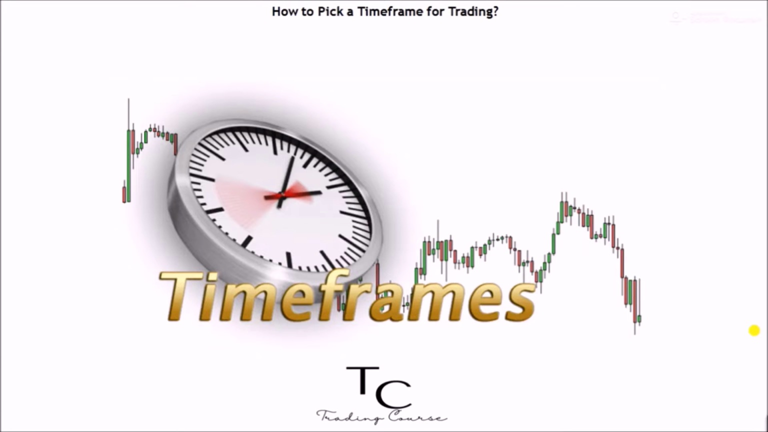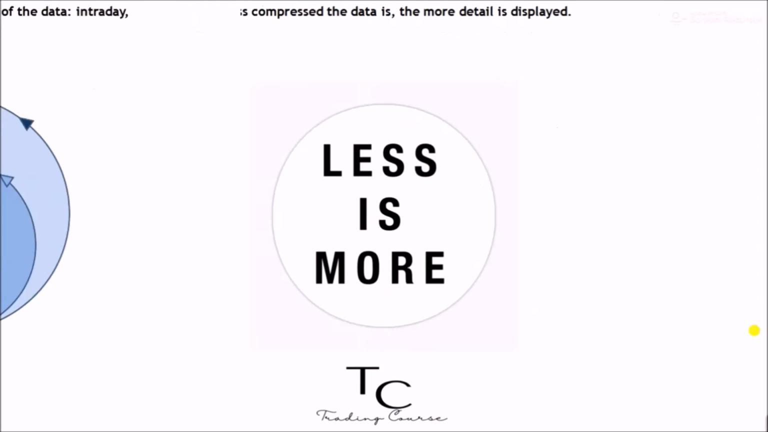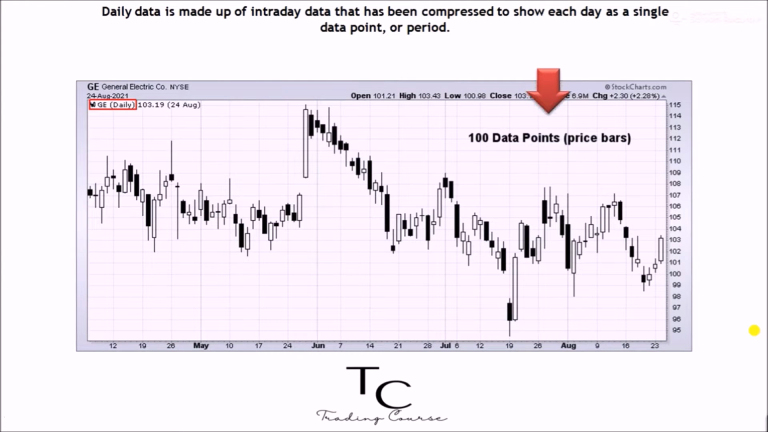How to pick a time frame. The time frame used for forming a chart depends on the compression of the data: intraday, daily, weekly, monthly, quarterly, or annual data. The less compressed the data is, the more detail is displayed. Daily data is made up of intraday data that has been compressed to show each day as a single data